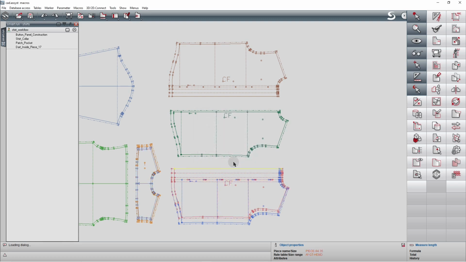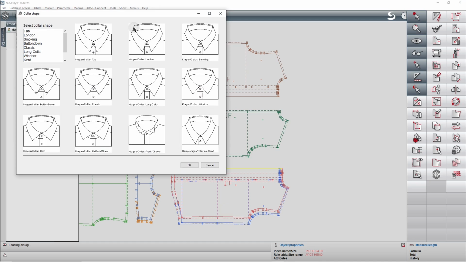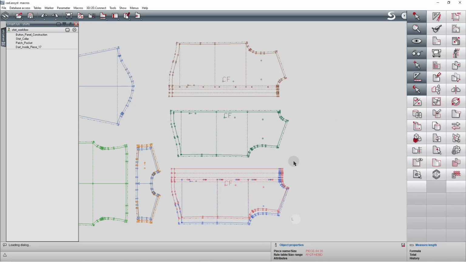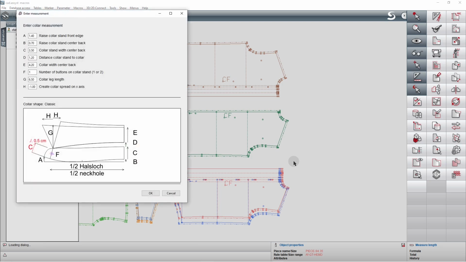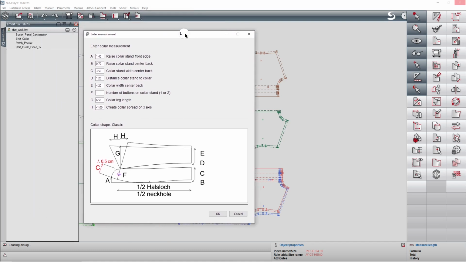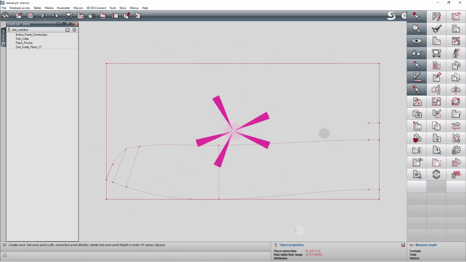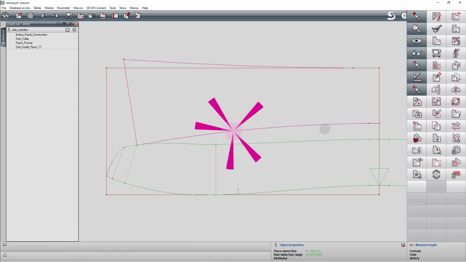Now I can select the shape of my collar. For this example, I select Classic. The variety offered in this macro allows me to quickly develop different collar styles for my shirt, saving time in the process. Once a shape is selected, I can finalize the construction by editing specific measurements for my collar. Depending on your design, the macro provides versatile settings to realize your ideas. Confirming my selection starts the construction process.